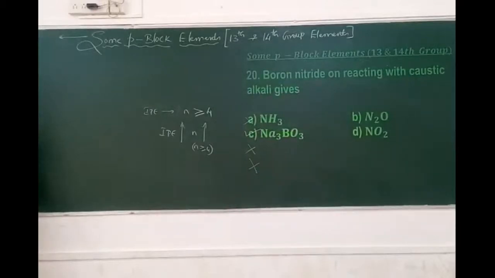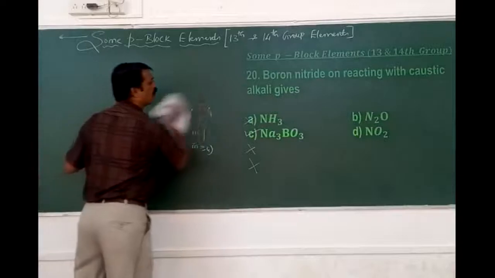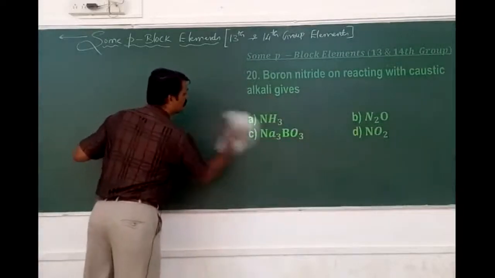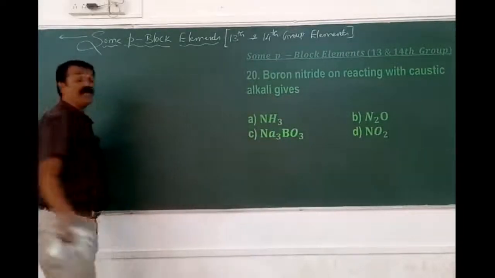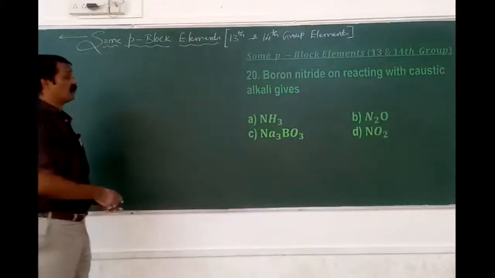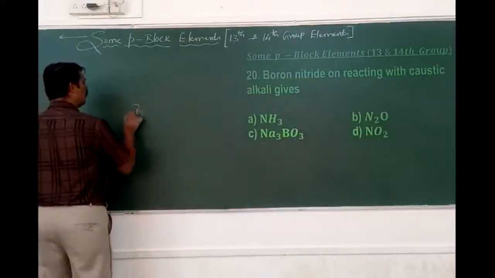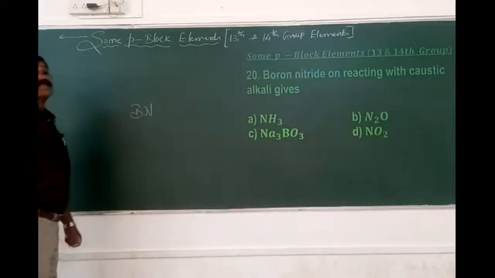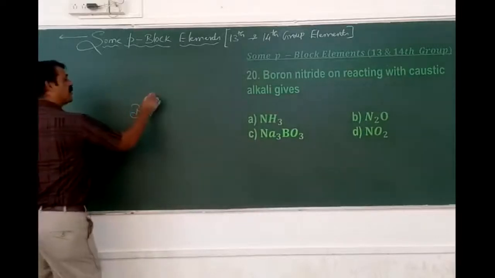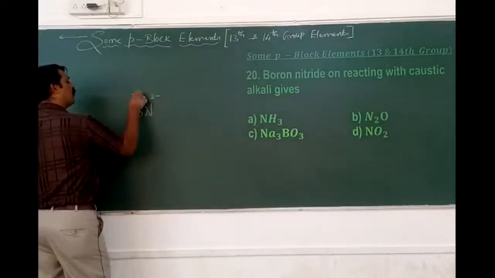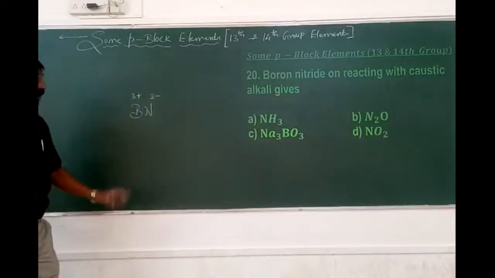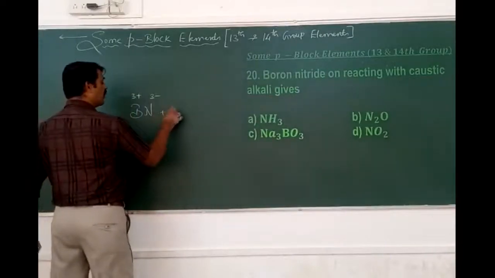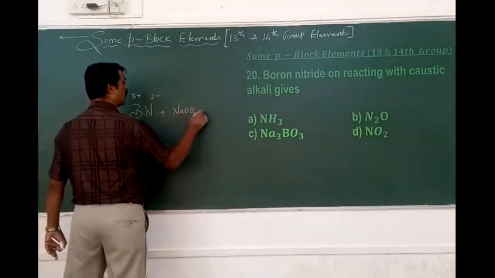Boron nitride reacted with caustic alkali. Caustic alkali means either sodium hydroxide or potassium hydroxide. What does it form? It is one of the preparations actually. Boron nitride is BN because nitride is -3. Therefore boron is also trivalent. Both are trivalent. When they react with an aqueous solution of NaOH or KOH,